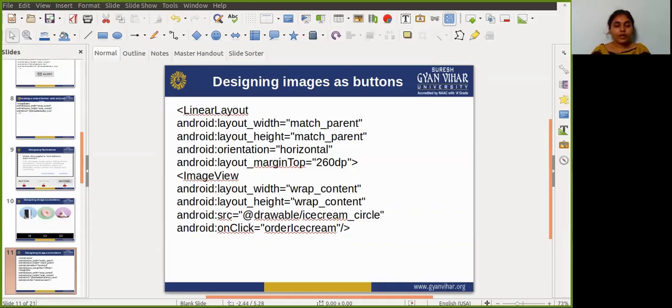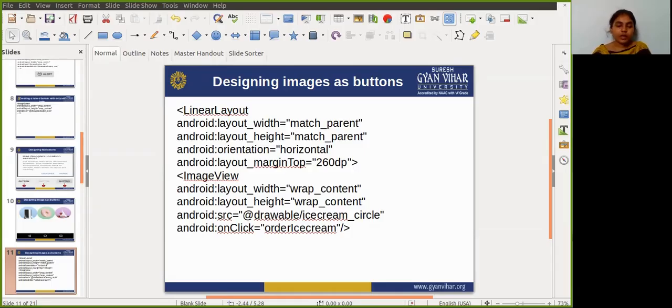The value of layout width is wrap content, layout height same wrap content, and for src you write the source for that particular image. For example, the first image is ice cream circle, so you write the source for that. And after that just add onClick equal to orderIceCream.